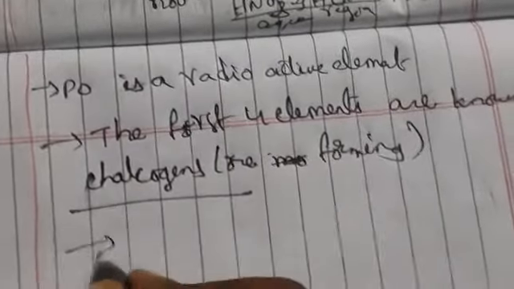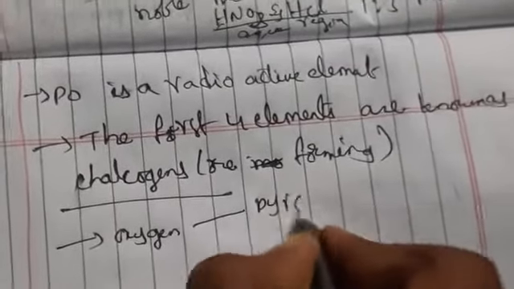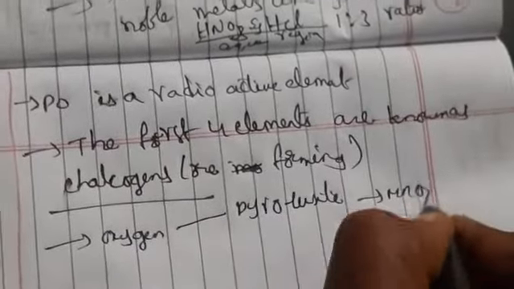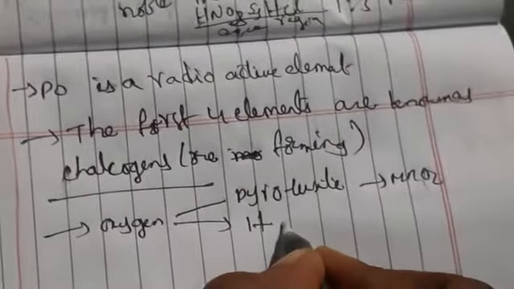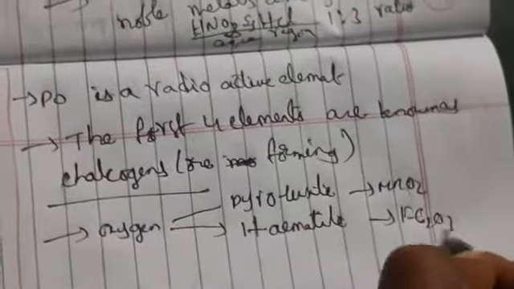So here many metals occur as oxides or sulfides in nature. Coming to oxygen, we have different metals, that is different ores, that is pyrolusite, that is MnO2. Okay, and coming to hematite, Fe2O3, iron pyrites. So these all will come under sulfur, and zinc blende also, ZnS, it is going to come.